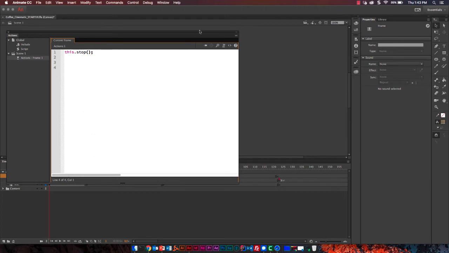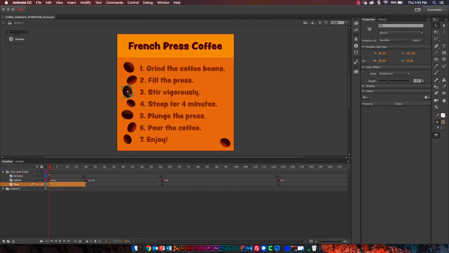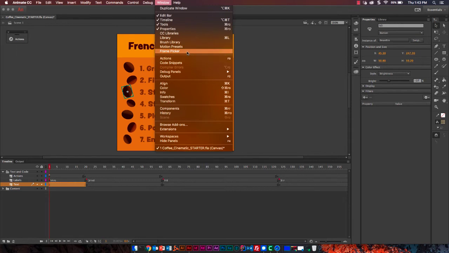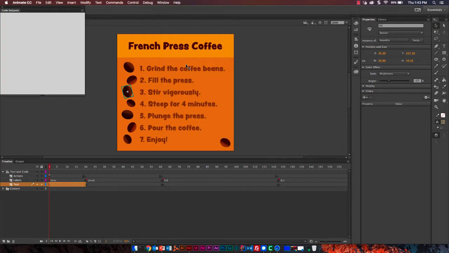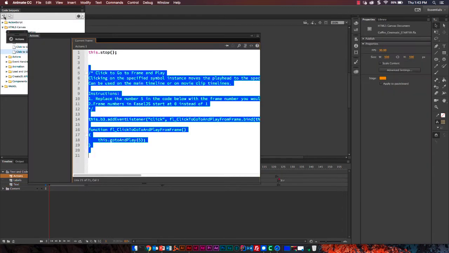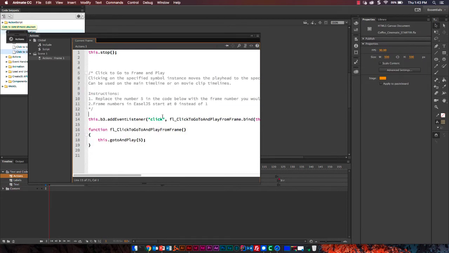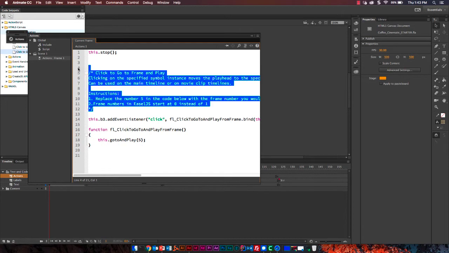So you'll notice that I had selected stir vigorously at B3 there. So if we go into our code snippets panel, if we don't want to mess with instance names and everything, because we have that selected, if I go to code snippets and choose that again, timeline navigation within HTML5 canvas, then if I simply click to go through frame and play and then choose this option instead, add to current frame, what happens is it does the same exact thing, except as you can see here, it actually uses the instance name of the object that I had selected. So it's a nice little shortcut to know about, especially if you're just getting into doing stuff with interactivity in